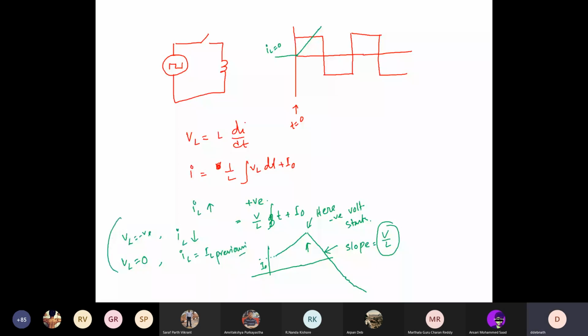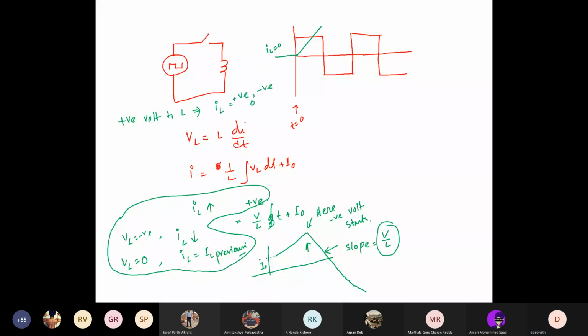It is not a resistance, remember. In a resistance, voltage positive, current positive. Voltage negative, current negative. But here it is not the case. So if I apply a positive voltage to an inductor, positive voltage to L, will its current IL be positive, negative, or 0? What do you think? What will be its answer? Can you answer this? Let's say positive constant voltage, assume constant. So can I tell my IL will be positive, negative, or 0? Which one is the answer?